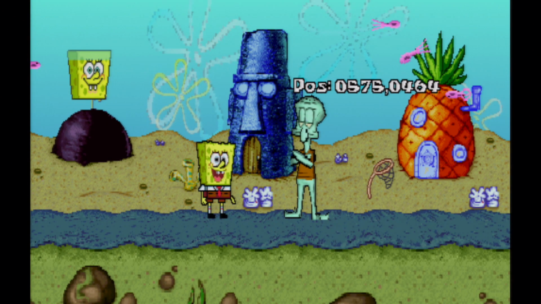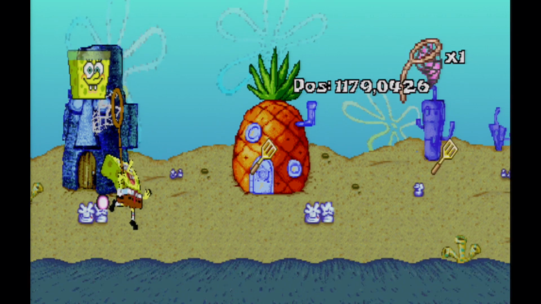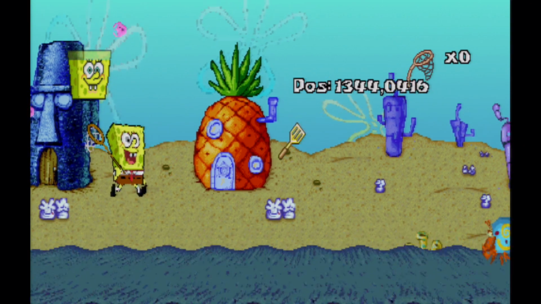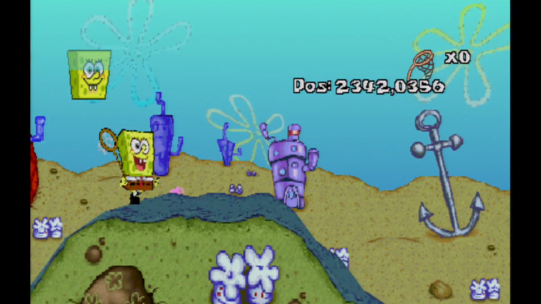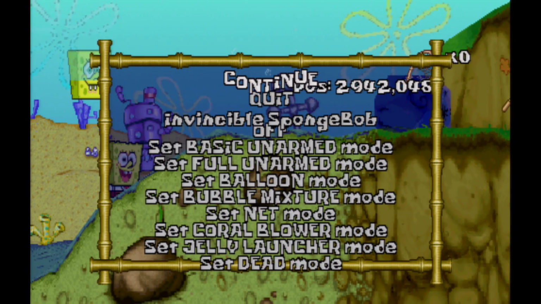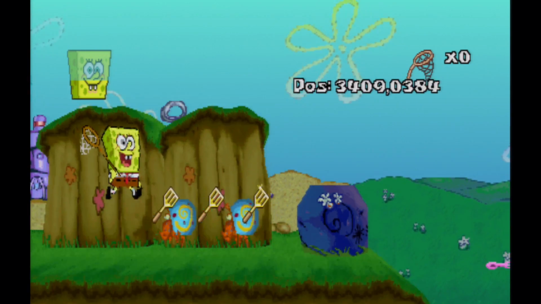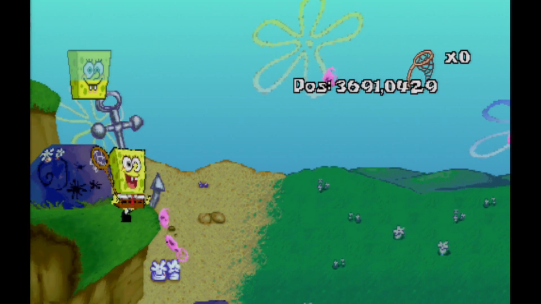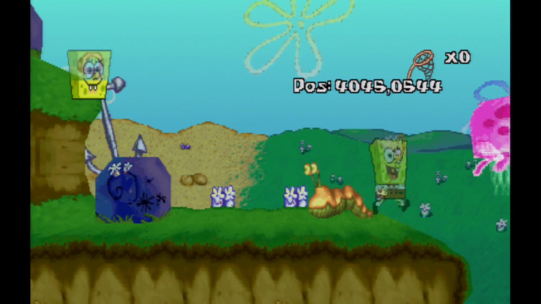So at this point they had the dialogue engine a little bit more nailed down. Enemies are one-hit kills now. Gonna turn on invincibility just for the sake of the video. This isn't too playable anyway. There's still no counter for the spatulas in the level. There's nothing that rewards you for collecting them all. The jellyfish are